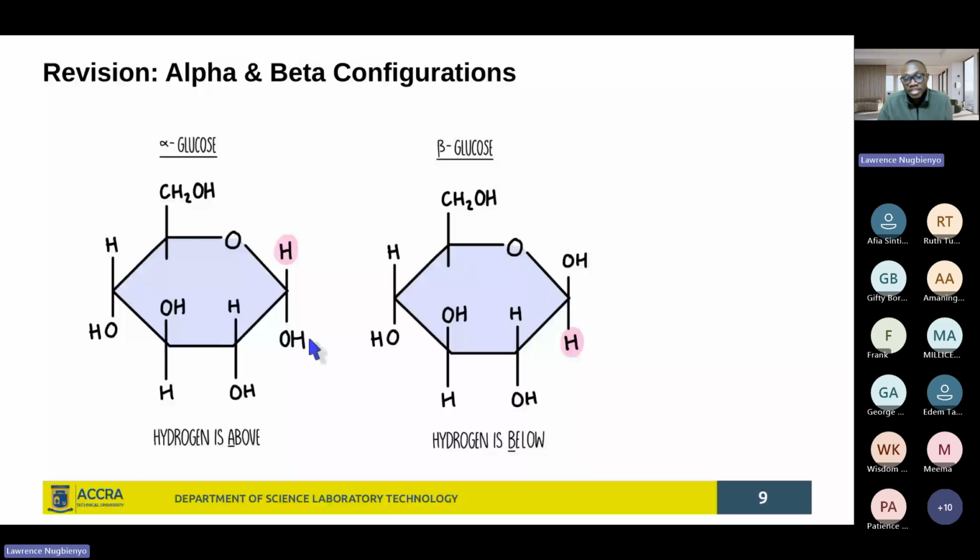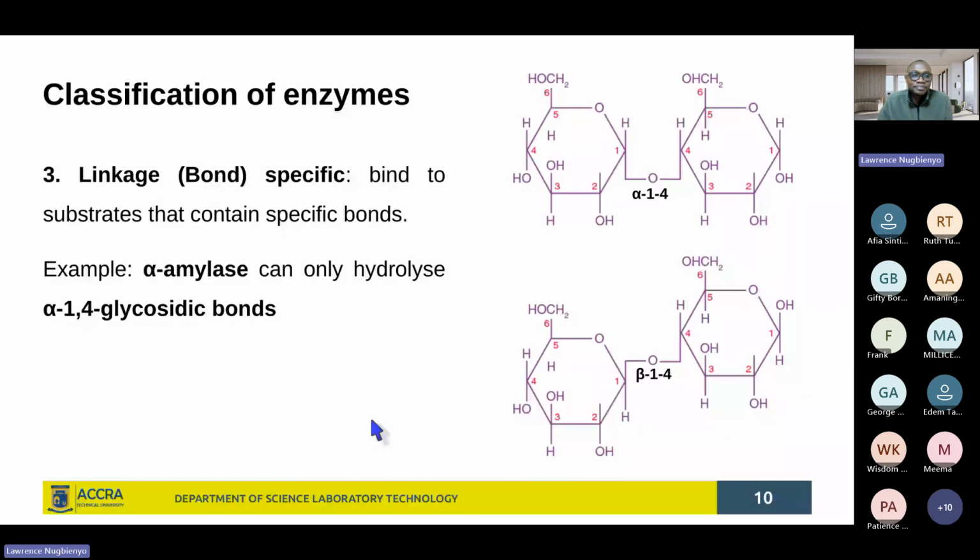Then you have the beta configuration when you have the hydroxyl group pointing upwards. Great. Having done that revision, we move on to bond specificity, where we see the example alpha amylase,